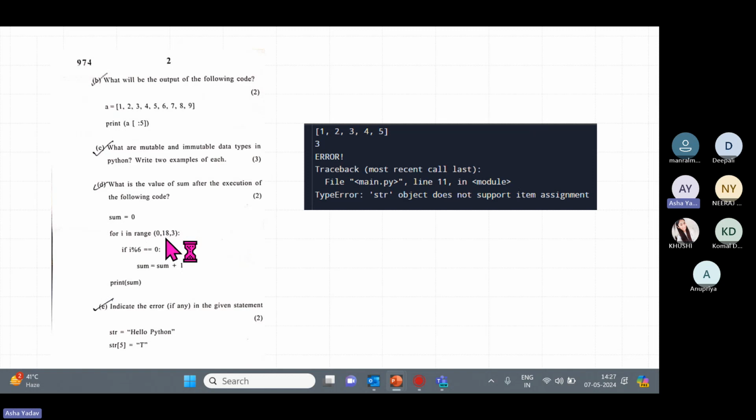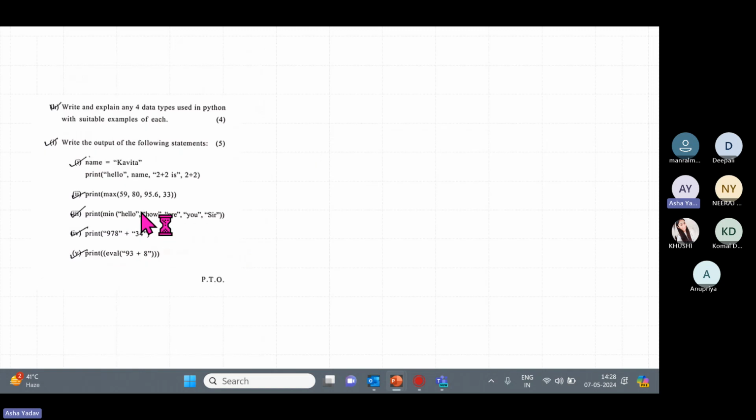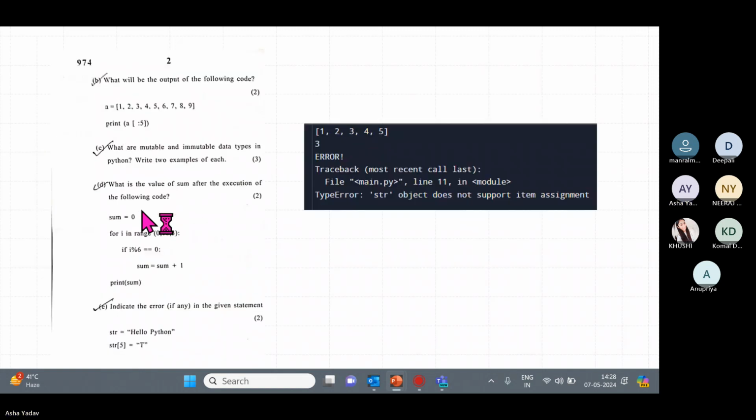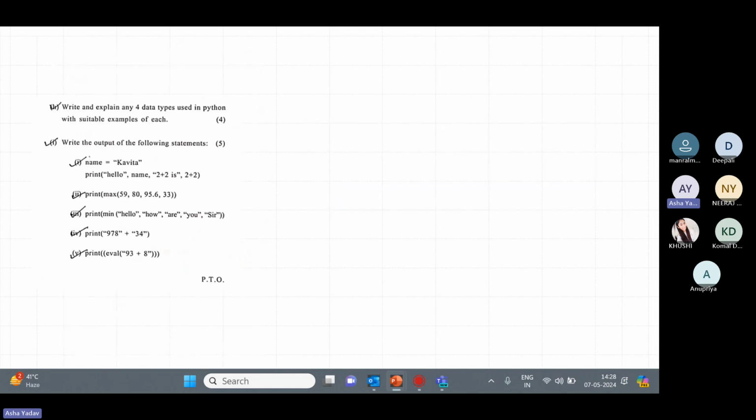ठीक है। सो सम के अंदर वैल्यू है 0, for i in range(0, 18, 3)। इसका क्या मतलब है? आई एक वेरिएबल है जो आइट्रेट होगा। रेंज कहां से स्टार्ट हो रही है? 0 से। कहां तक जाएगी? 18 तक। So this is start of the range and then you have end of the range. End of the range is 18 and we are required to do the increment at every step in increment of how much number? Number 3. Okay, हमें increment करना है number 3 का।